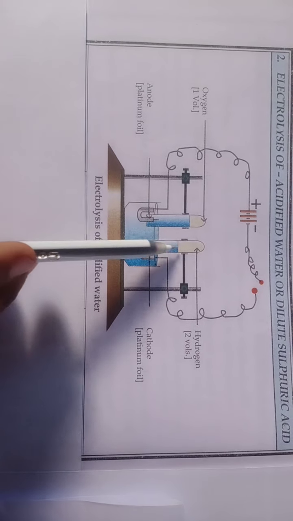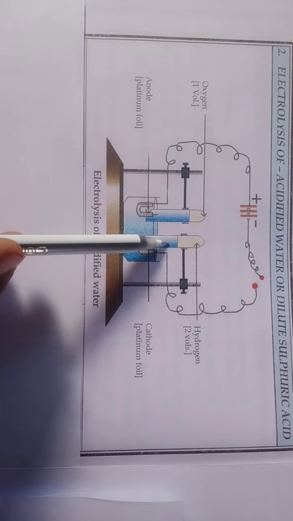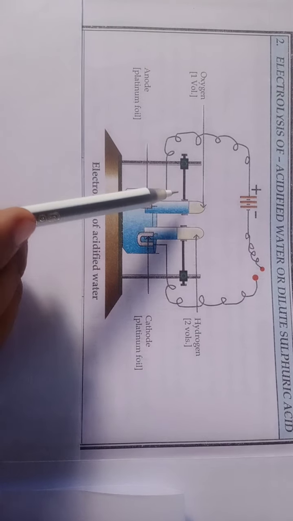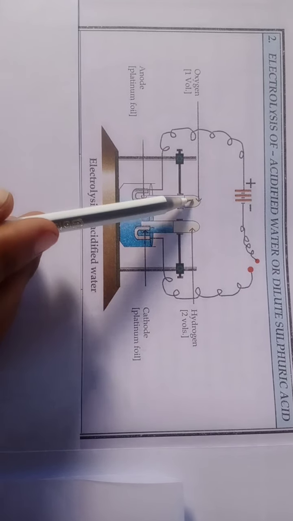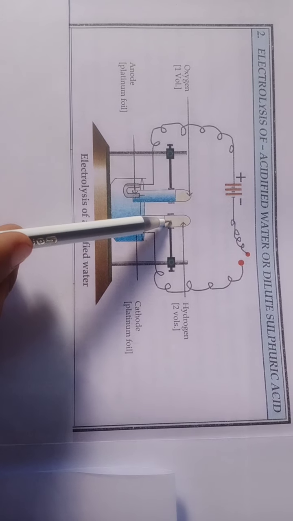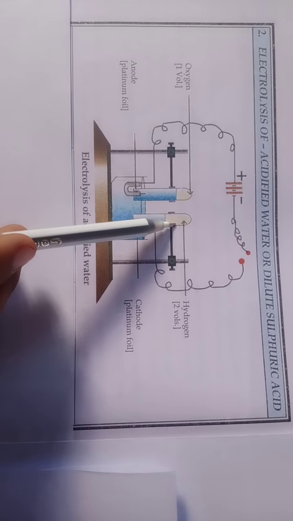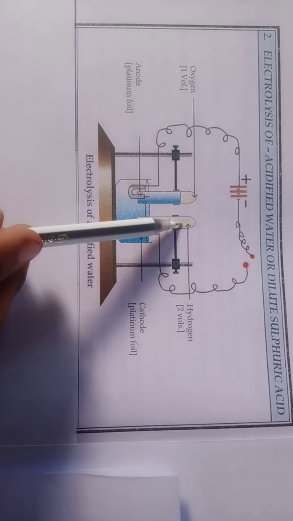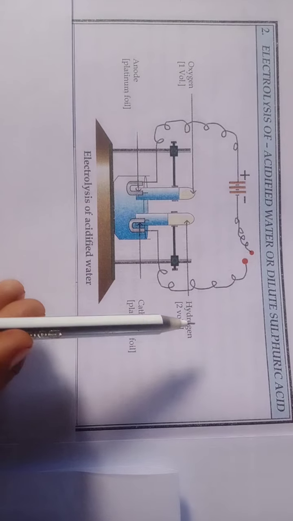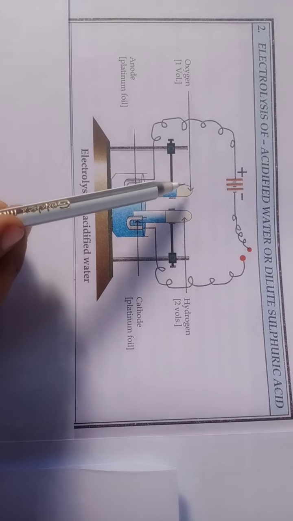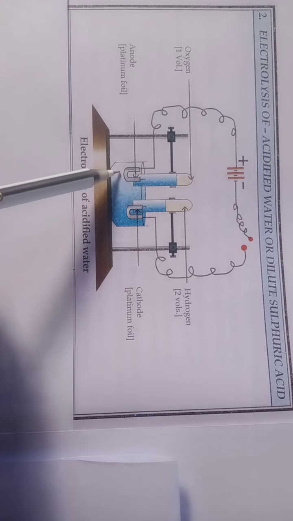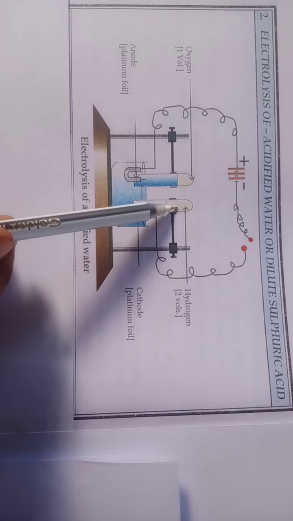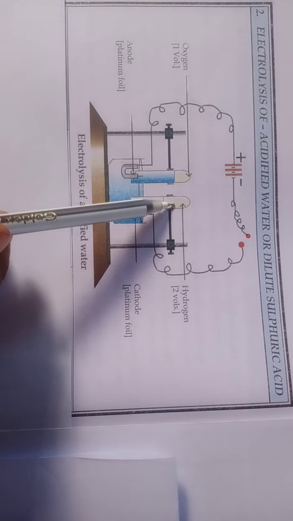So here there are two inverted test tubes. In these test tubes the water is filled, but when the electrolysis process starts, the gas will start collecting here in the test tube. This empty, slightly yellowish part is where the gas is being collected. The gas is not yellow in color, it is just shown to describe it. When the gas starts collecting, due to the pressure of the gas, the level of the water will come down. So we will come to know that the gas is being collected. I hope that you are able to understand.